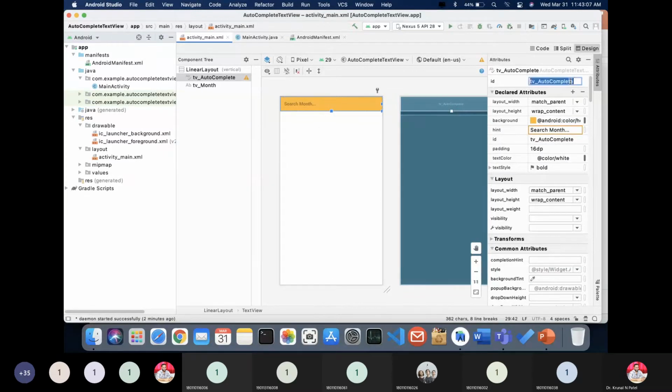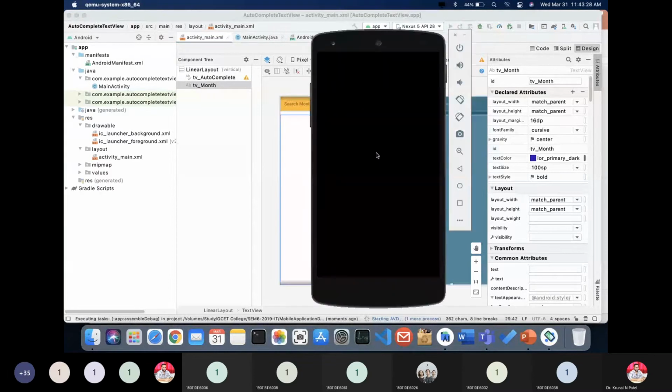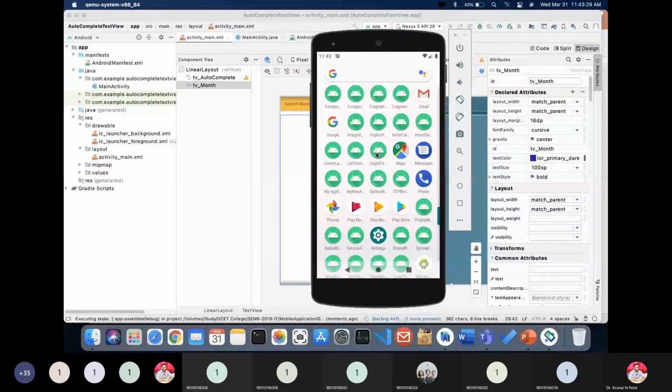You can set the ID for that. Okay. And one text view I took, this is our regular text view. I have made the design bigger to display whichever month I'm going to select, that will be displayed in this particular text view. Okay. So let me first of all execute this code